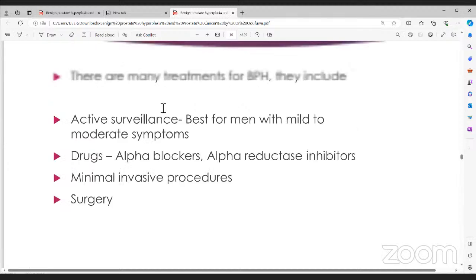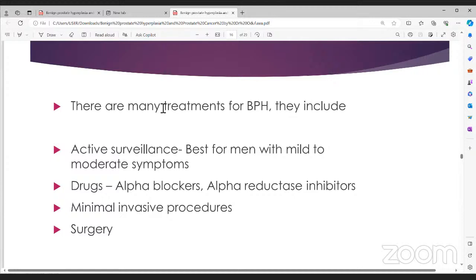There are many treatments for BPH, and it depends on the level of the symptoms. Like I said, if it's just a mild or mild to moderate symptom, we could just do active surveillance, meaning that we may not treat, we'll just keep watching to see if there will be any progression. There are some people that may not need treatment. However, most people might need treatment, and there are other ways that they could be treated